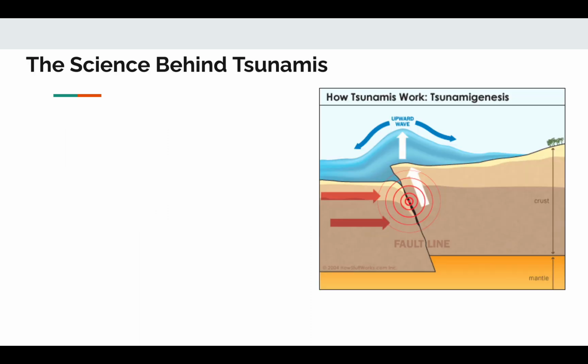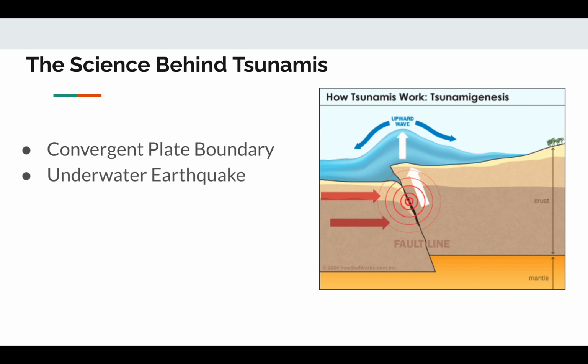In order to help you understand the science behind tsunamis, you need to understand how they relate to convergent plate boundaries, underwater earthquakes, and energy. During plate motion at convergent plate boundaries, one plate will slide under another. This is called subduction. Earthquakes at or near convergent plate boundaries underwater will be the ones most likely to cause a tsunami. But remember, all earthquakes don't cause a tsunami. Lastly, energy is related to tsunamis because